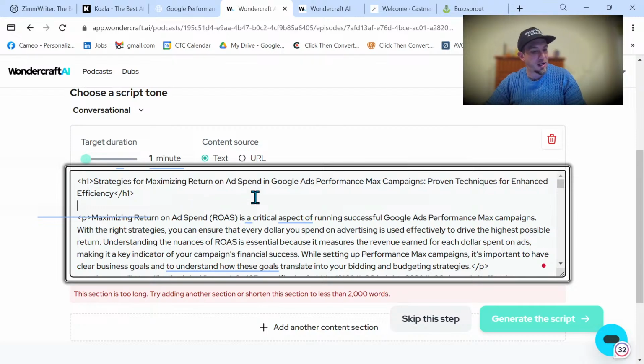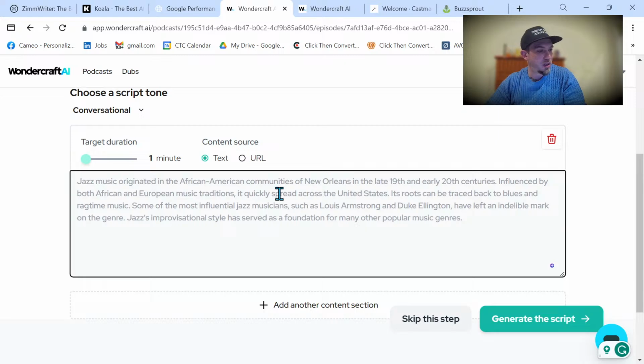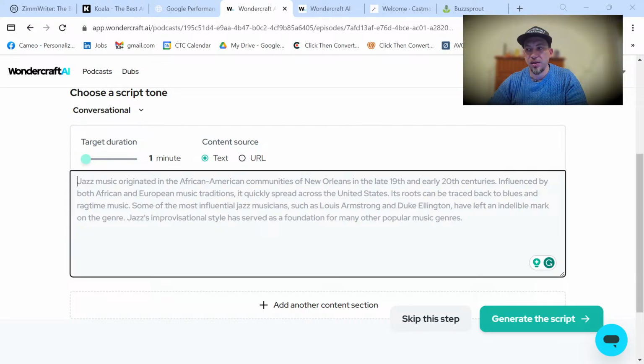And I just realized that when I dumped this in here, it dumped it in as markup, which I do not want. So if you run into that issue, all you have to do is open a Word doc and paste this. Let me grab my Word. Just give me one sec. Where are we at?